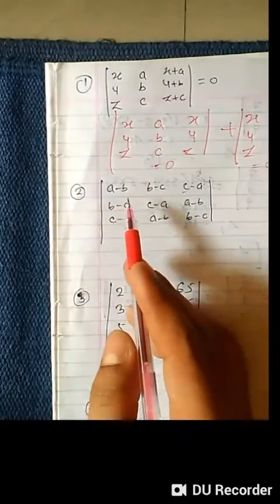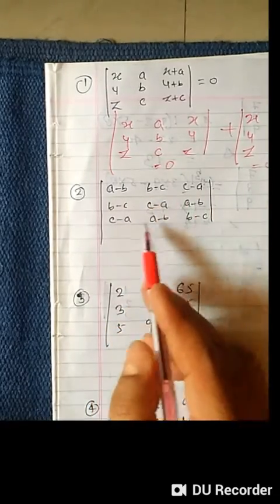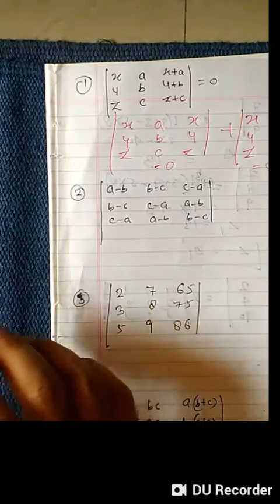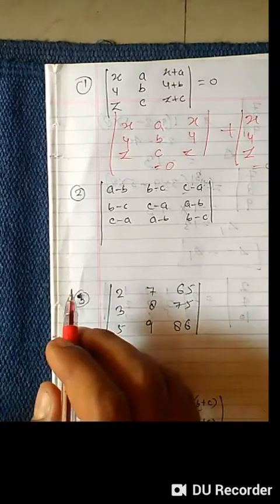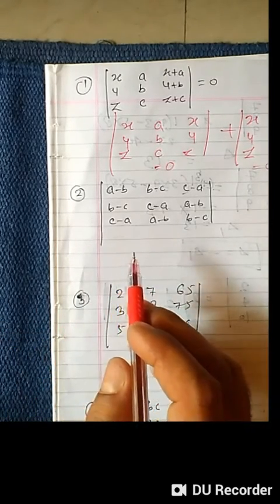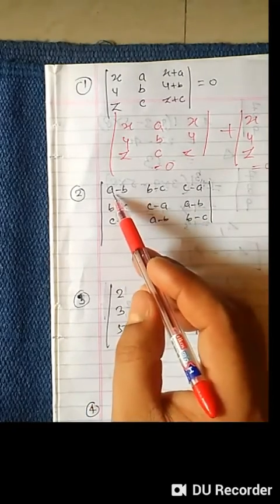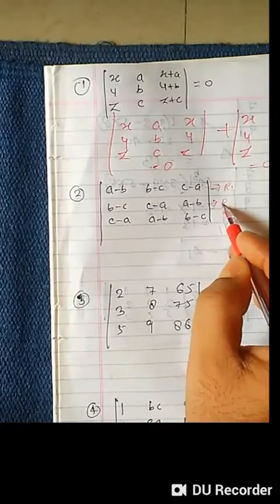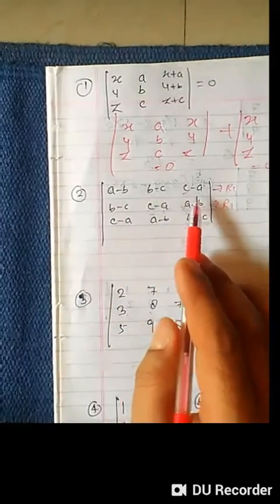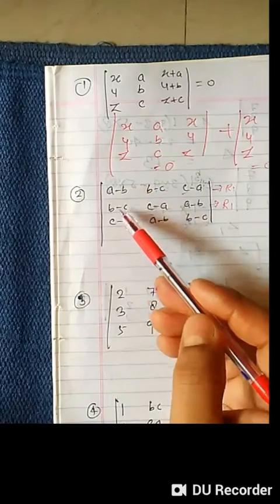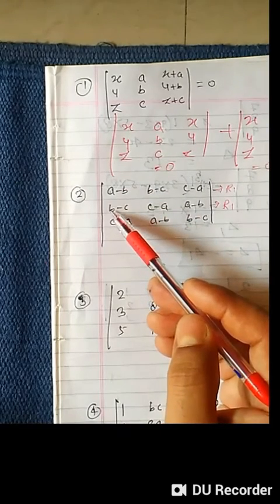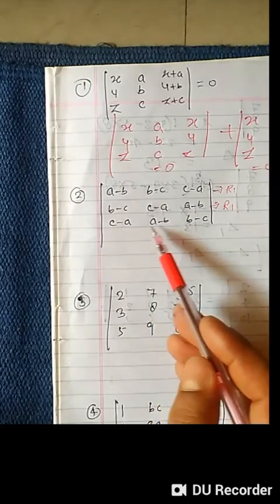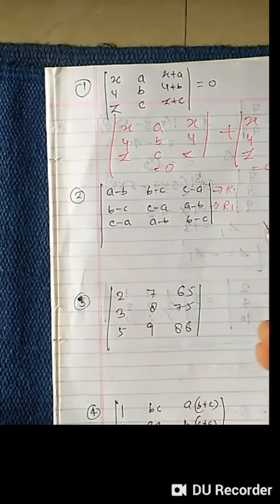Second question. See, this is the determinant. Again we need to show that its value is 0. What we'll do, you can do one thing here, you can add up two rows. This is row 1, this is row 2. Why are we adding up? If you carefully watch this, by adding, b and b will be subtracted and a minus c will come, which will be somewhat identical to our third row.